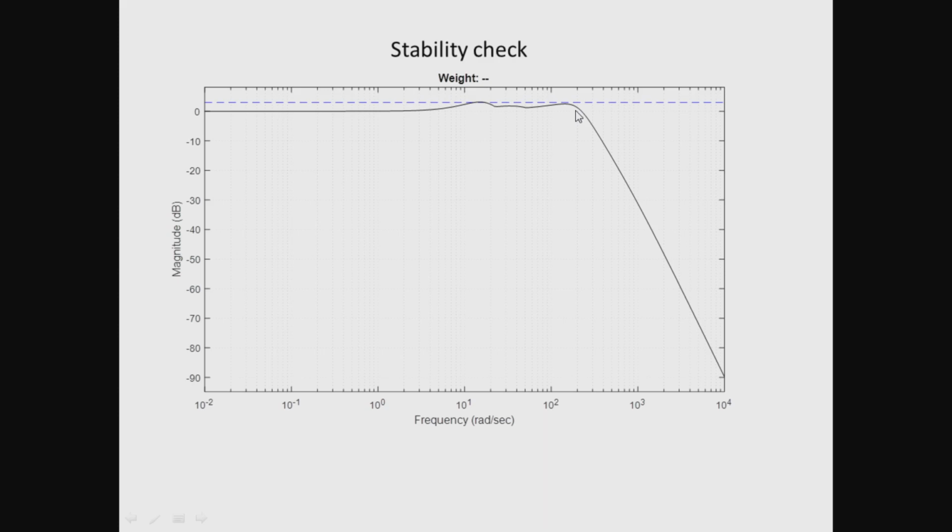It so happens that the specification that the magnitude of T1 should be less than or equal to 3 dB ensures that the phase margin of our closed loop system is at least 40 degrees. So, the design that we have executed now ensures that our closed loop system has a phase margin of at least 40 degrees regardless of the uncertainty that we have in the plant's parameters.